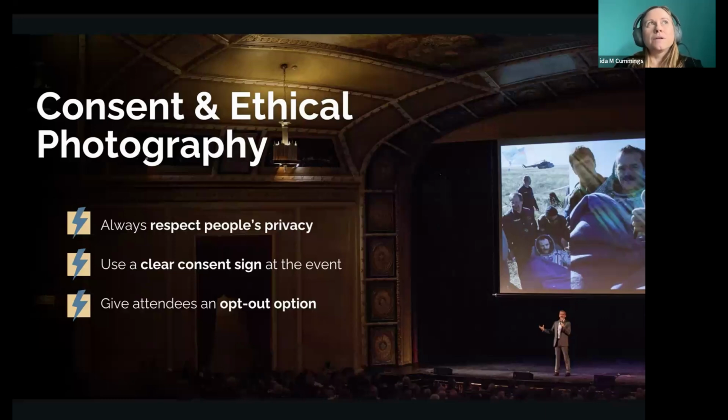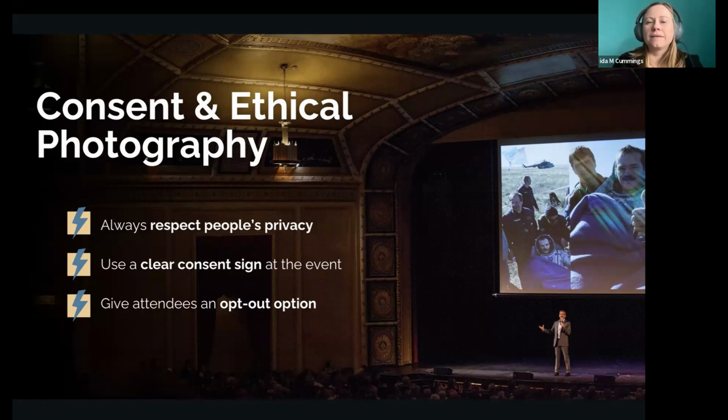Also, once you know who's not going to want to be in the photos, I often have them on one side of the room, so I can shoot from behind them. Meaning, if I take photos from behind them, their faces are never going to be in the shot, and they're still part of the group. You just see their backs, and you're able to capture the event as well. So having a designated area for them to sit in is very helpful.